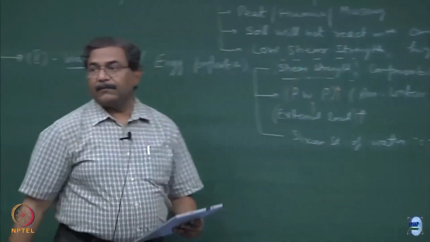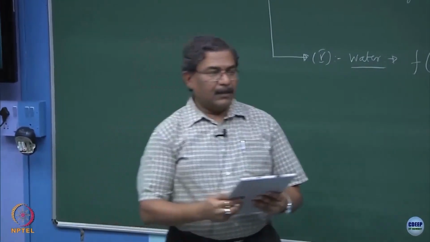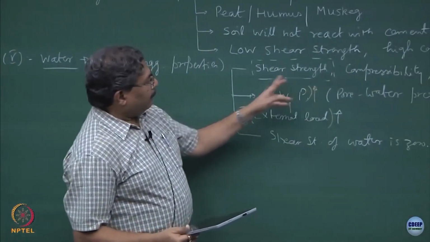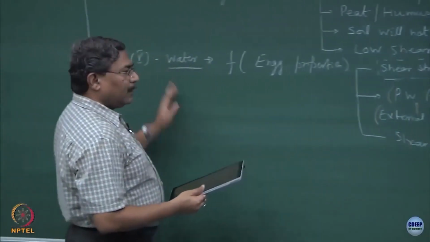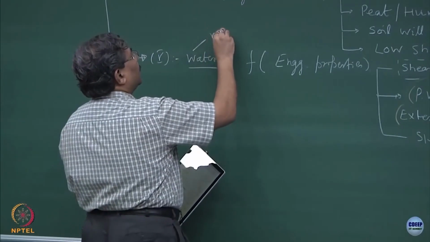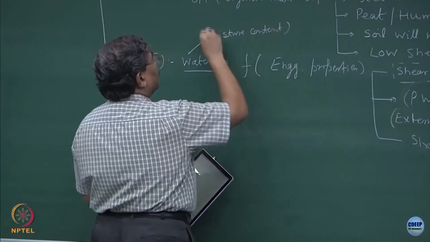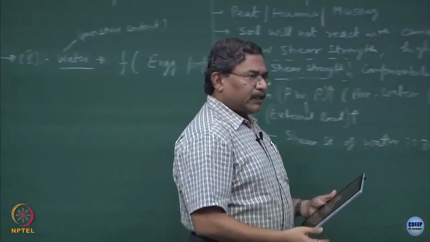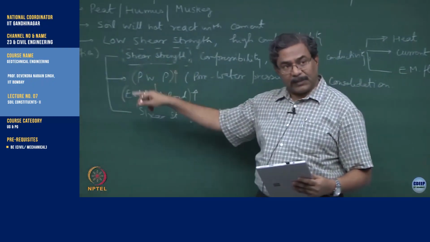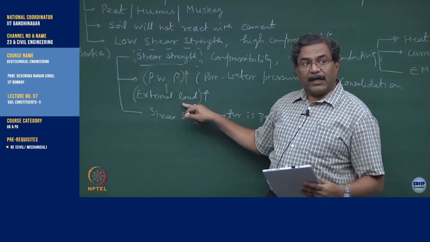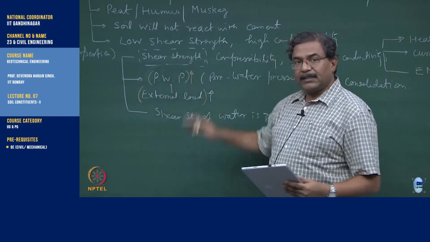Is this correct? Water can only be compressed, it cannot be sheared, because it is a property of the material. So, imagine soils which have enough moisture in them. We are discussing water, which is also sometimes known as moisture content. The more the water, the more the moisture content, the chances of water pressure developing in fine grained soils are higher as compared to coarse grained soils. The moment you externally load it, water pressure becomes very high, and strength is lost.